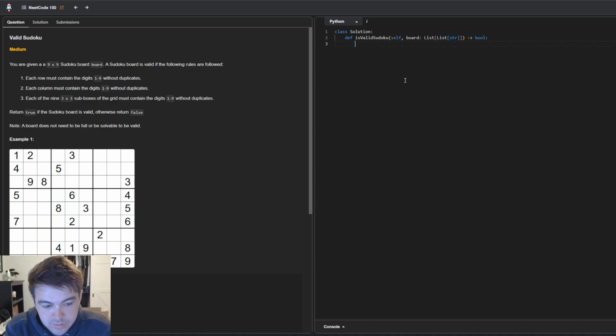So my first gut reaction is to do, well, so you need to do a hash set, and the reason why is that you need to have a set per column. So this is column 0, column 1, 2, 3, 4, 5, 6, 7, 8,